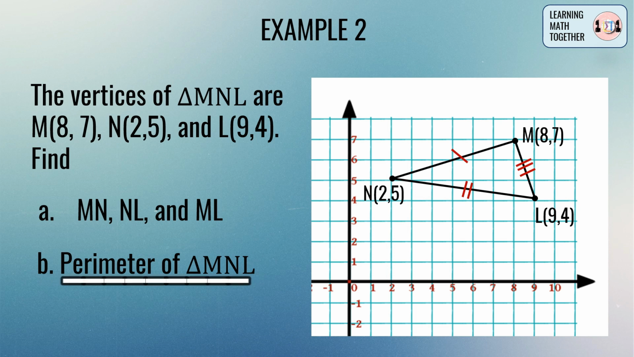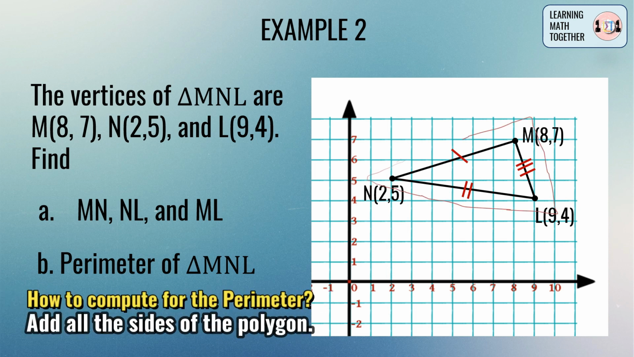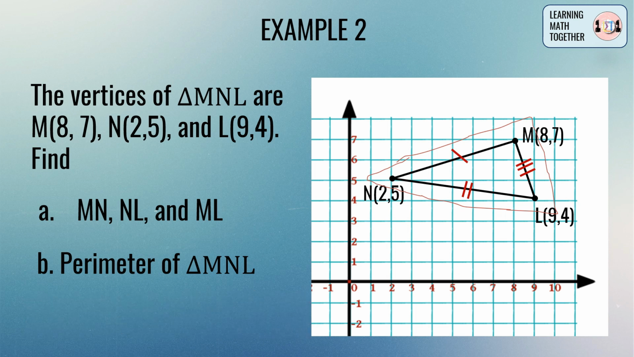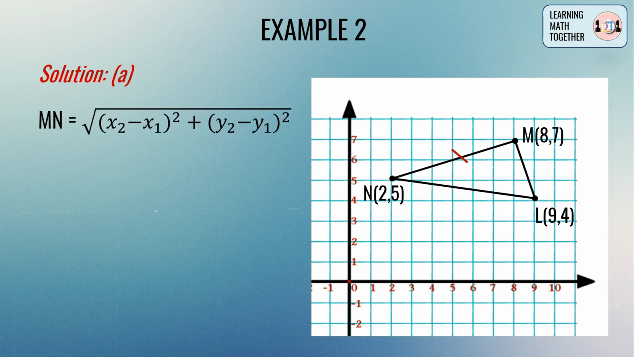And for letter B, we need to get the perimeter of triangle MNL. Take note that to get the perimeter, we need to add the distance of all the sides. So we can do that by applying the distance formula. Let's begin. So let us first solve for the first side, which is